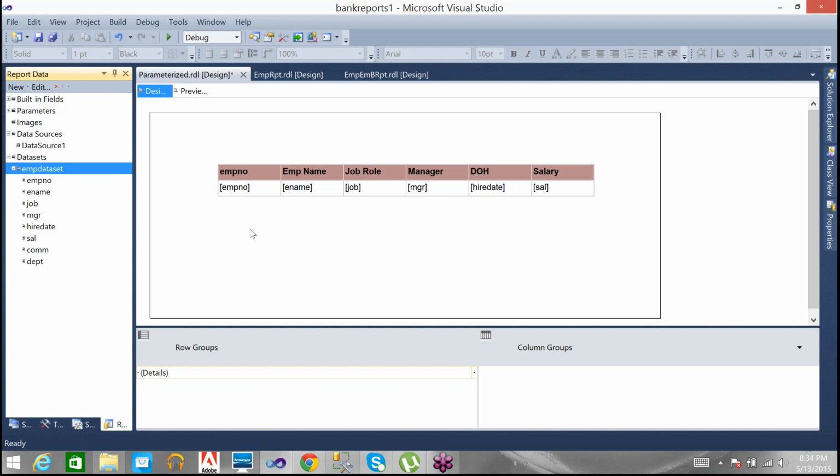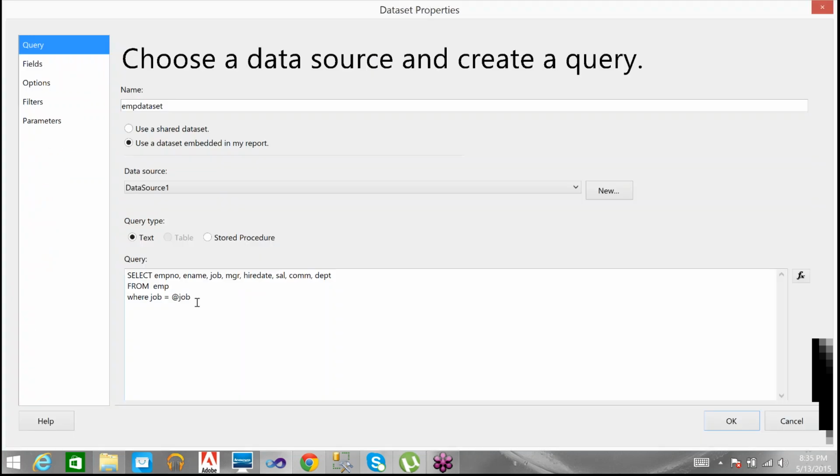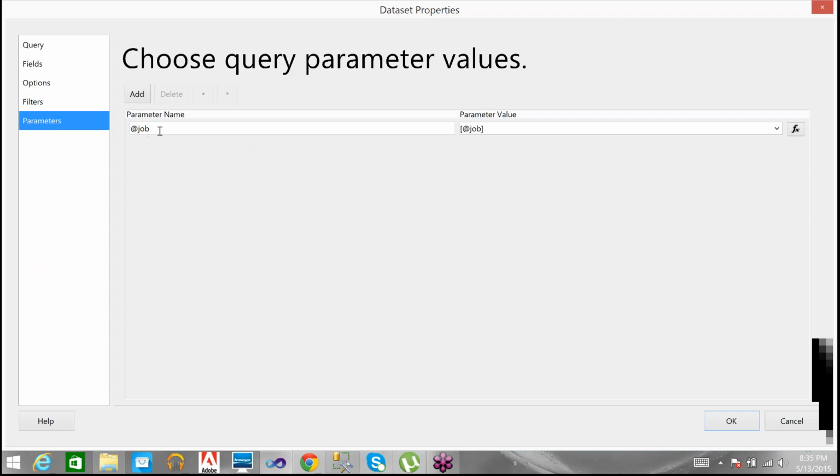If you want to see, go to the data set properties. I just created the query with the where condition, where job equal to @job. @job is a parameter. Then let us go to the parameter tab in the data set. See, automatically the parameter name and the parameter value is created.